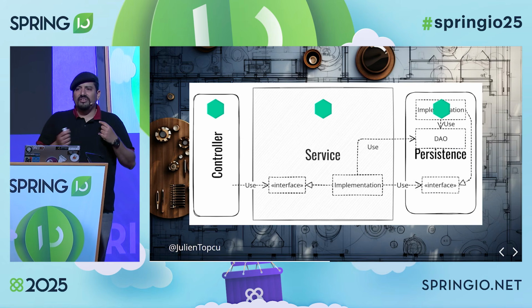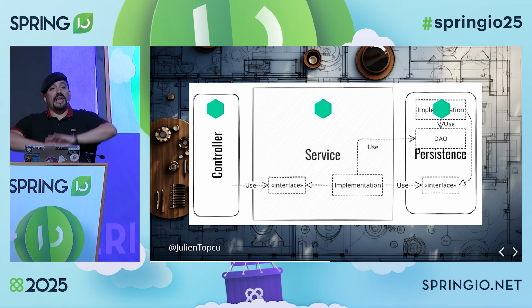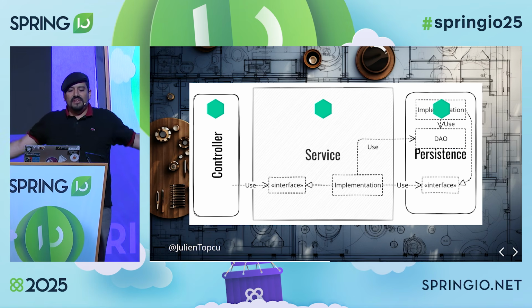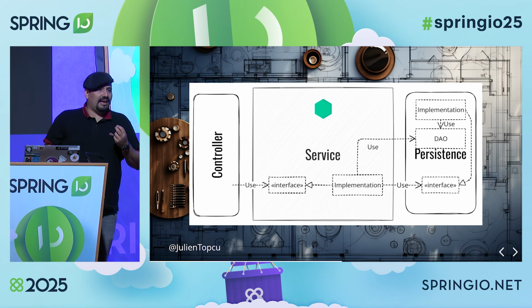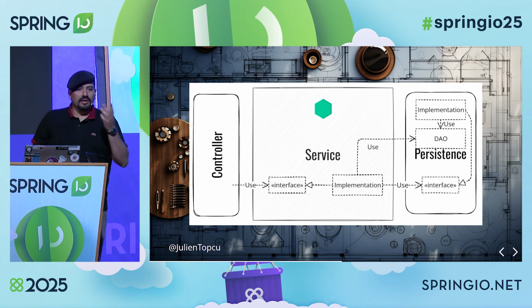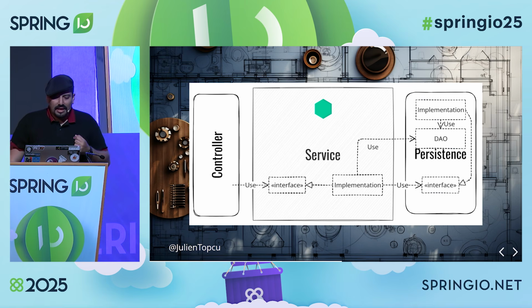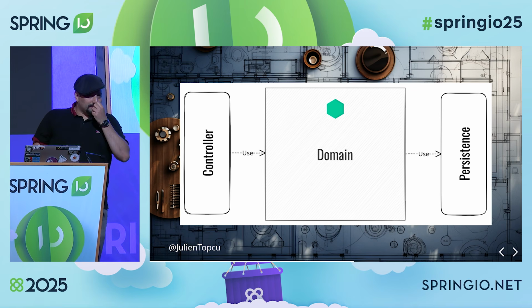So in Hexagonal Architecture, we want to sanctify the business logic because this is the most important thing in your application. This is actually what brings value to the users and what pays your salary. So we don't want that business logic to be everywhere. So we take all this business logic and put it in a single place. That way it'll be easier to write tests that have only one responsibility, functional tests. And that place, we'll call that the domain.